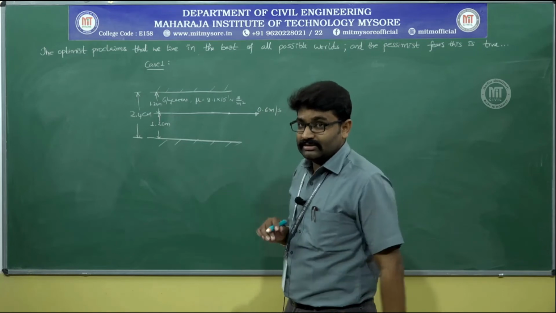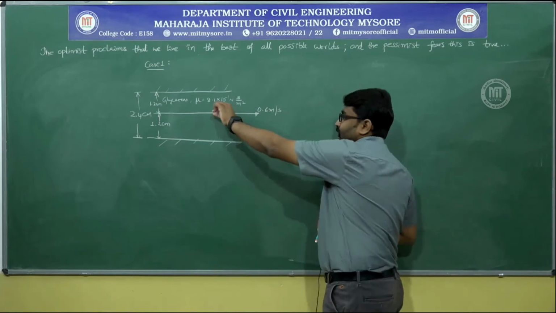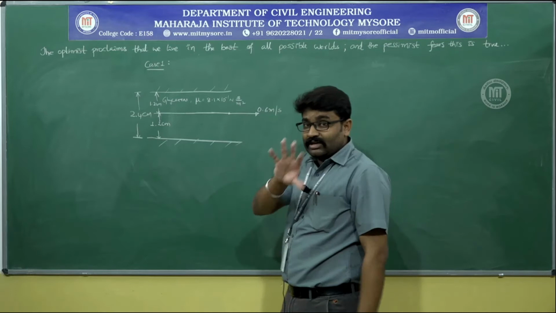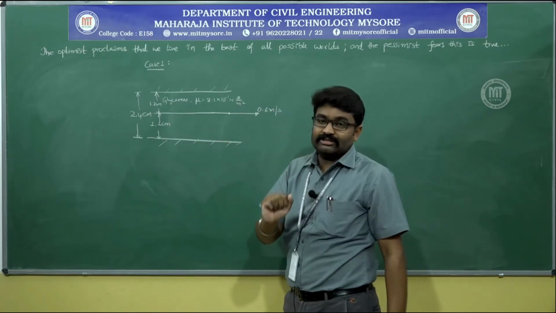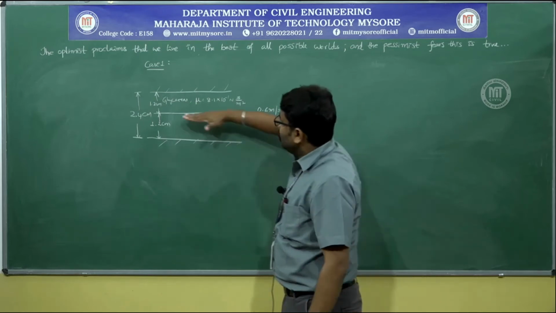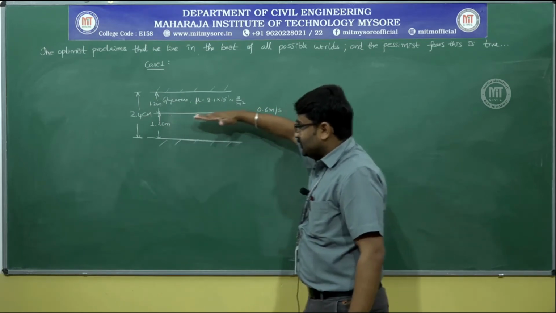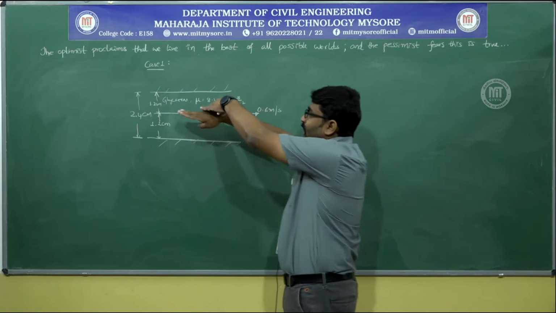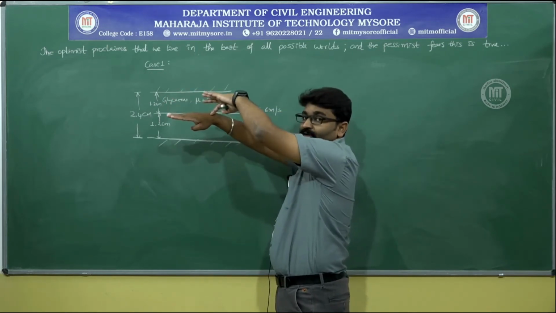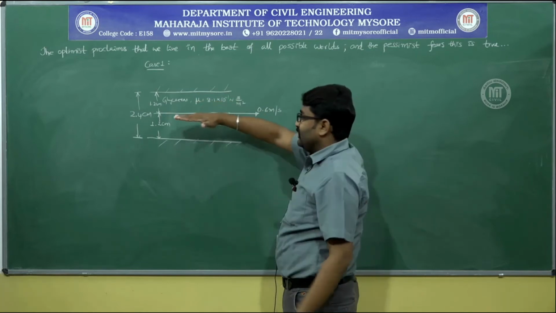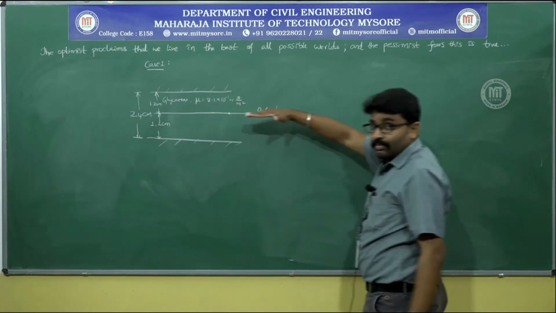Prior to solving all these things, to pull this from here, what are the forces that may act on this plate? That is the most important point you have to understand prior to solving the problem. Now this is the plate. This plate has to be pulled. If you can observe, I am showing the length of the plate here. This surface is 0.5 meter square in area. This has to be pulled out.